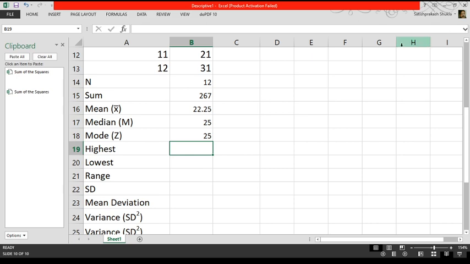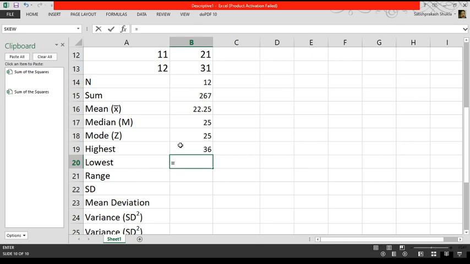Now we will find the value of range. For that, first of all, we have to find the value of highest and lowest, because the range means highest score minus the lowest score. So to find the highest score, we write here the function =MAX and data range B2 to B13. Then after closing the bracket, we press enter and we get the value of the highest score, that is 36 here.